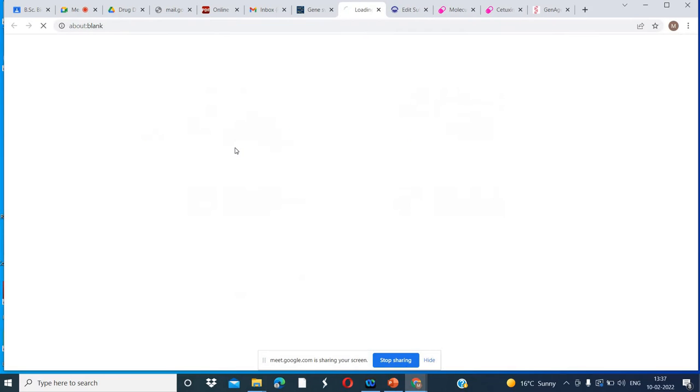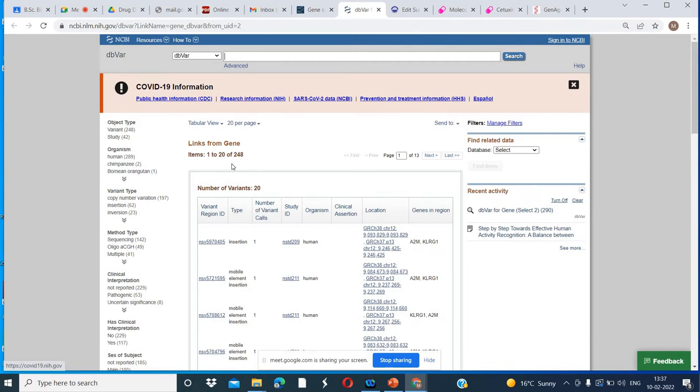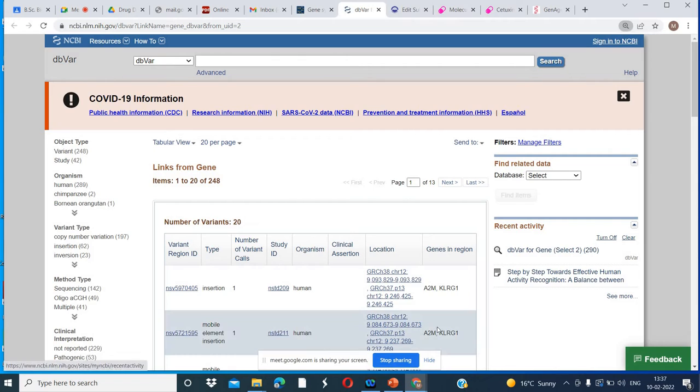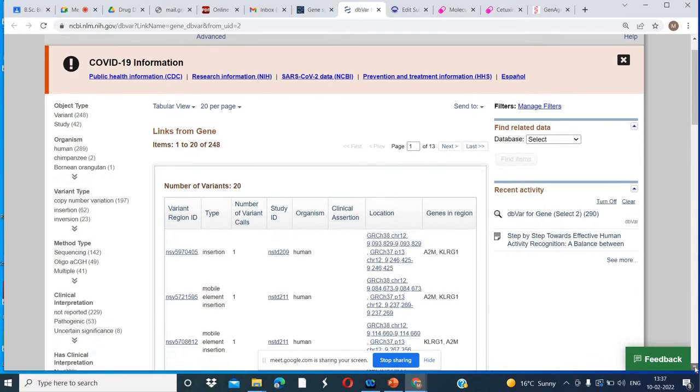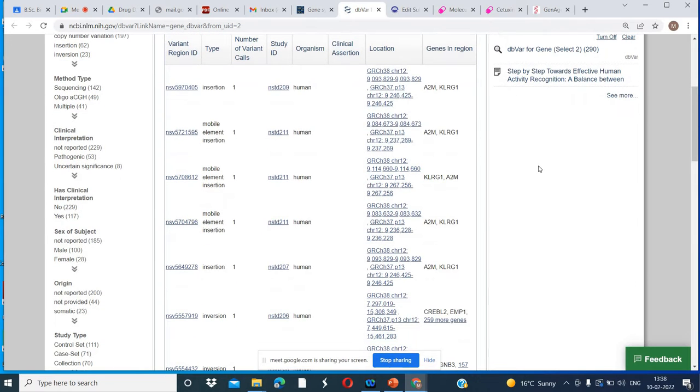So now we have clicked on the DBVAR database. What do we get here? This is the database of the NCBI. This database is also available on the NCBI. Okay, so here you can see this is the variant. This contains information about the sequence variants of the gene. The DBVAR database contains the variants of the same gene. So here you can see the number of the variants called, organism human. So in the human, how many variants of this same gene are found, and the location has been given here. So you can search in the different regions of the protein.